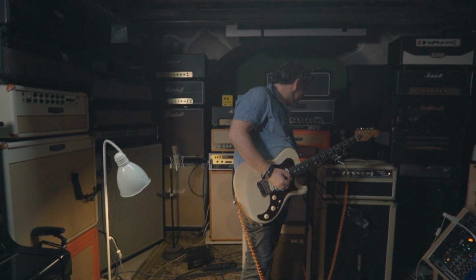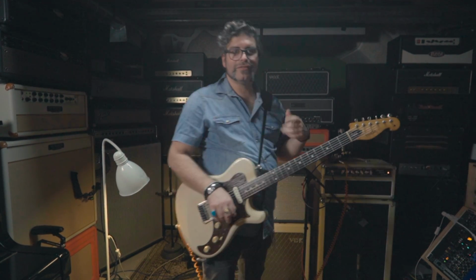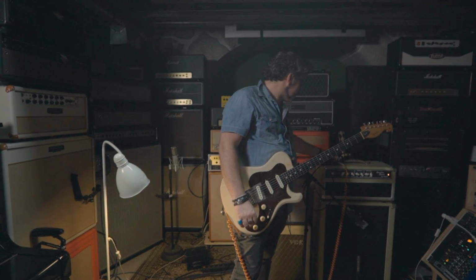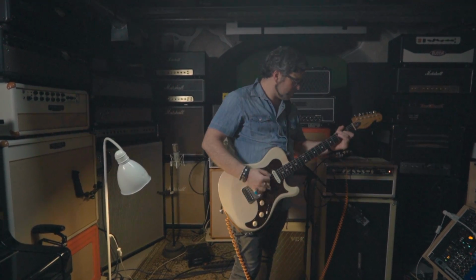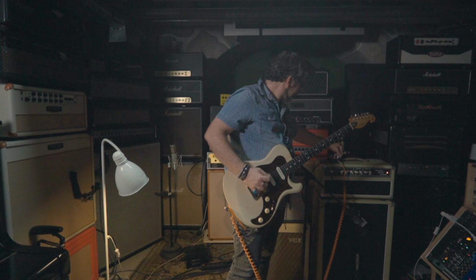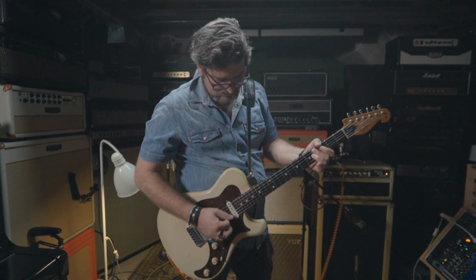and just using a clean boost, so this clean boost has no distortion. It's just a clean boost, but it's pushing the amp harder, so it gets more drive. That's why people use the EP Booster, it's a great use, or the Micro Amp, depending on your taste. But you can also use another overdrive to push it. Just really smooth. Without it,